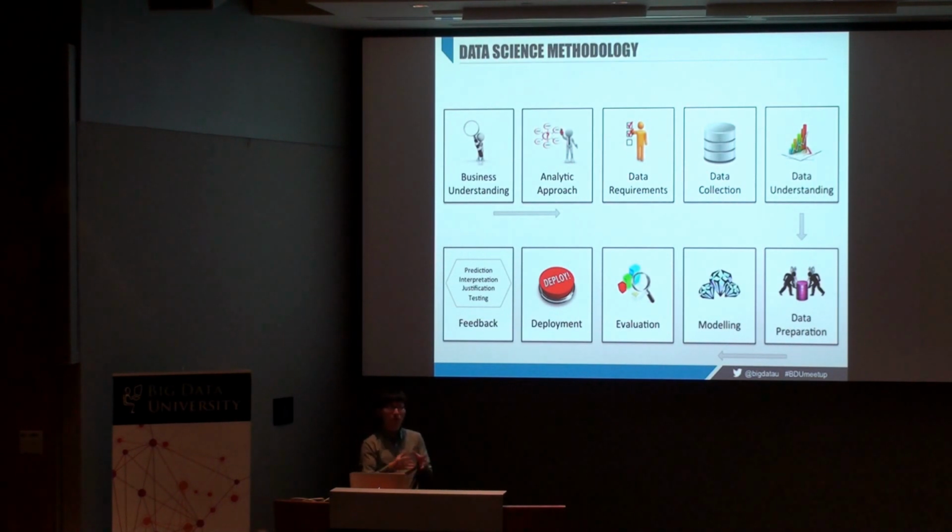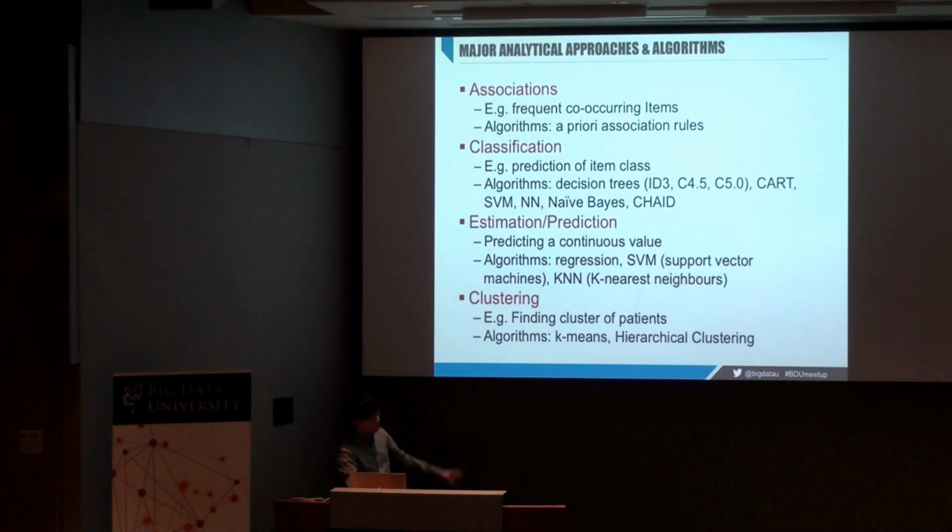So as I said before, if you want to create subgroups of customers, that would be perhaps cluster analysis. If you want to predict, then maybe you use regression. If you want to classify different patients into disease 1, disease 2, disease 3, or healthy, then you might want to use classification and so on. Okay, so just a quick overview of the types of different models that you might use in data science. Associations is when, for example, customer 1 buys a hammer, they'll also typically buy a nail or nails, because those tools kind of go together very well. So these are associations.